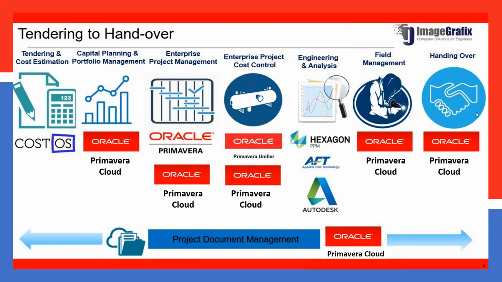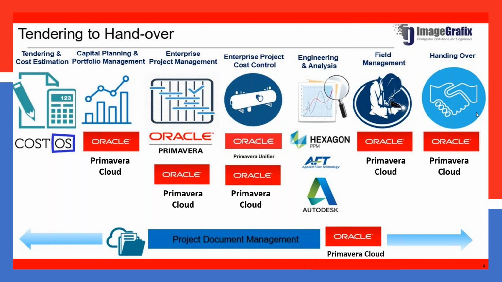The regularly widely used product is obviously Oracle Primavera. That's for the project management side. On premises we use Primavera, and for cloud, Oracle Primavera Cloud is also available for the same. That's based on your resource, time and schedule. And when it comes to cost, enterprise project cost control is performed using Primavera Unifier as well as the cloud. Both options are available.